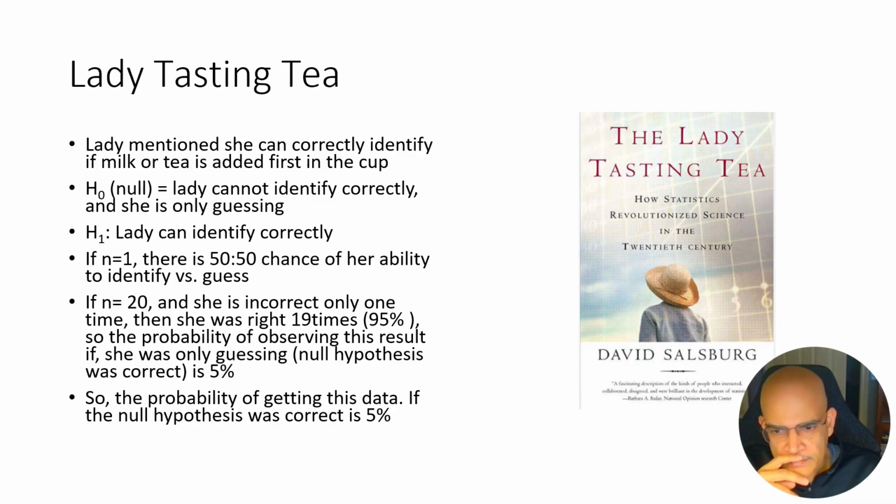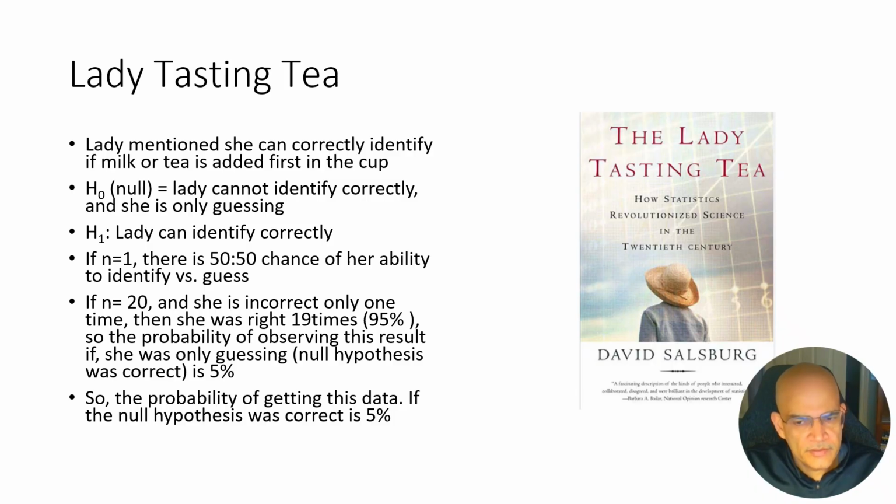So they designed an experiment, and the null hypothesis is that the lady cannot identify correctly and she's only guessing, while the alternative hypothesis is that she can identify correctly. If n is 1, if you did it just once, there is a 50% chance of her ability to identify versus guess. But if you do it 20 times and she's correct 19 times, then she was right 95% of the times. So the probability of observing this result,